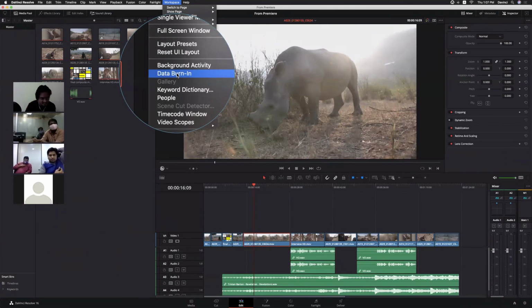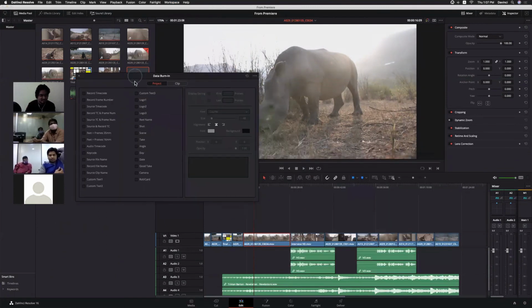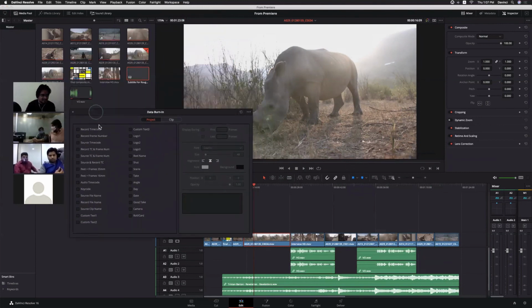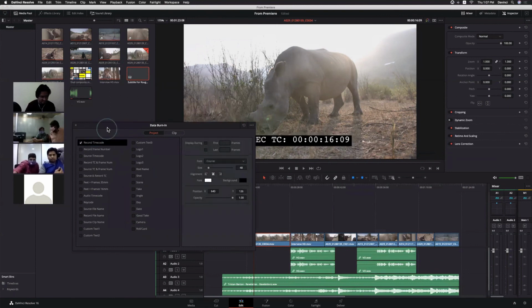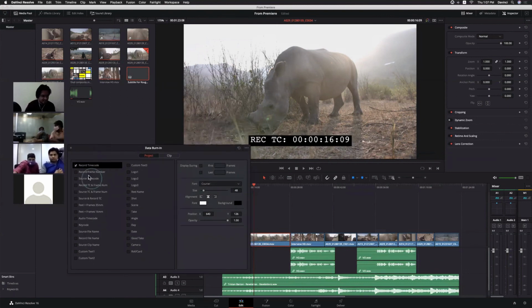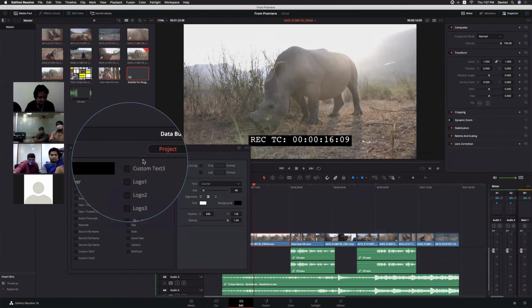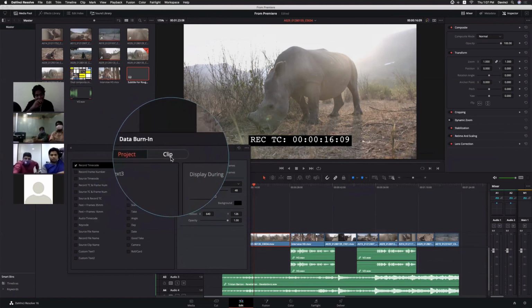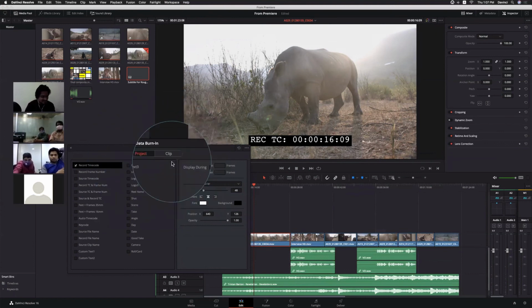Select this option and you will find tons of options here based on your logging and everything. The source time code, if you have one, or maybe the timeline time code. If you want to do it for an entire project, you can. If it is for a particular clip, you can select the clip. We can even add a quick watermark also. Somewhere here you will find the text option, the custom text. Select the custom text